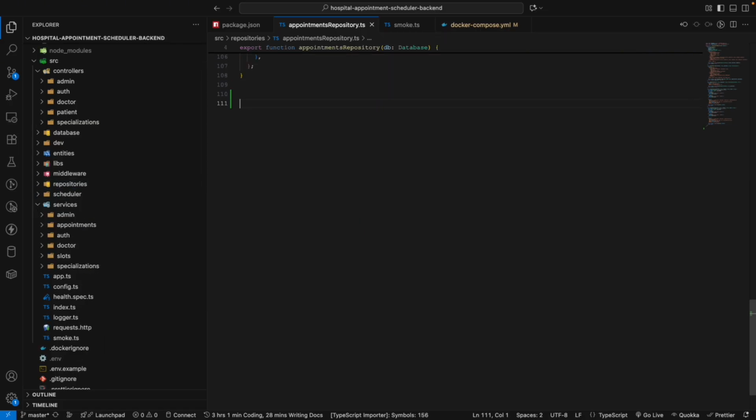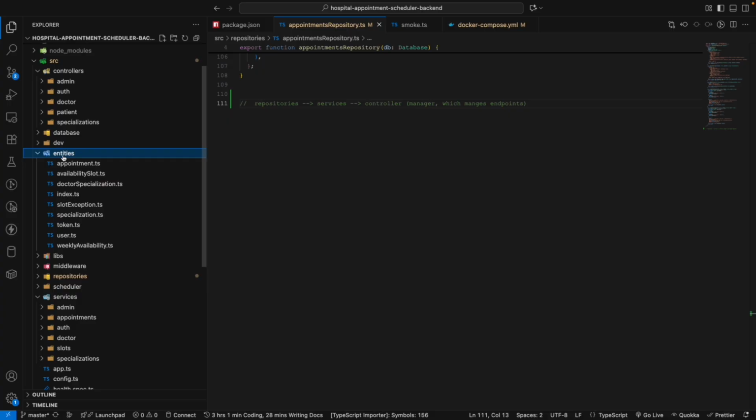If I can demonstrate it here, we got repositories, and then later on services. Services are all the business logic, and then we got controllers, which is the manager, let's say, which manages endpoints. So I followed this flow of the project structure because I like it more. I can see that the repository is SQL, services is just business logic, and controller just controls everything. And of course, I have entities, which are DTOs, the types that I'm using,